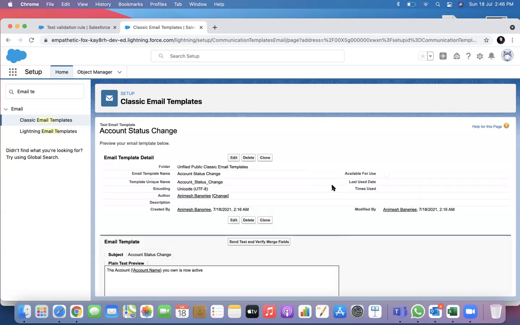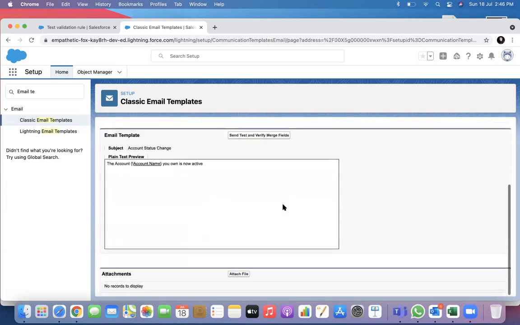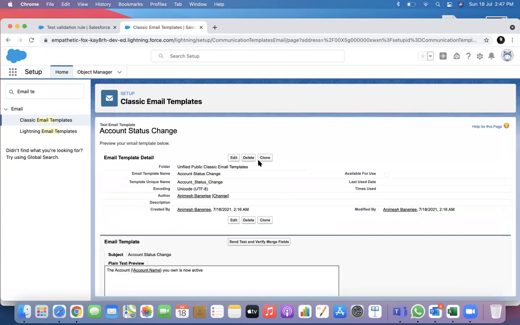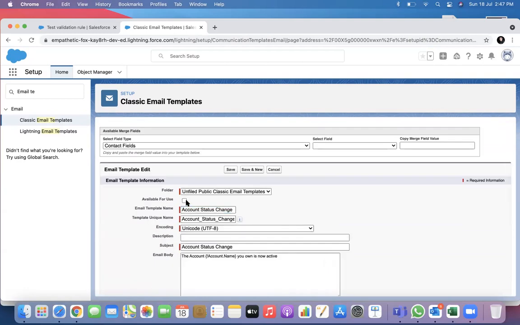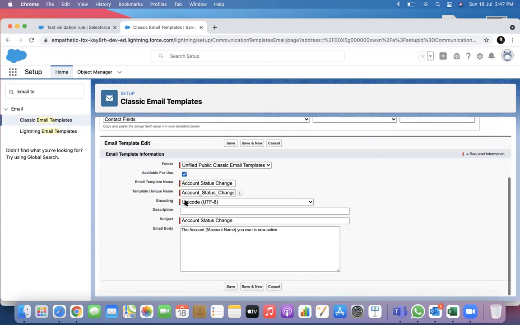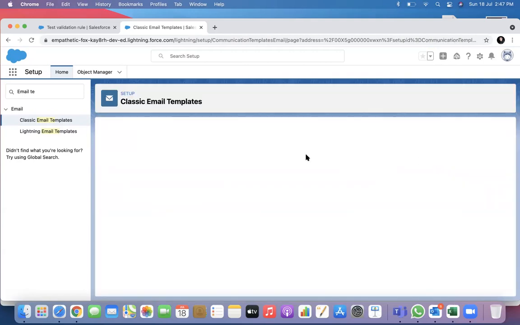I'll save it. You can send a test and verify the merge field, but you have to make it available for use. So I have published it.